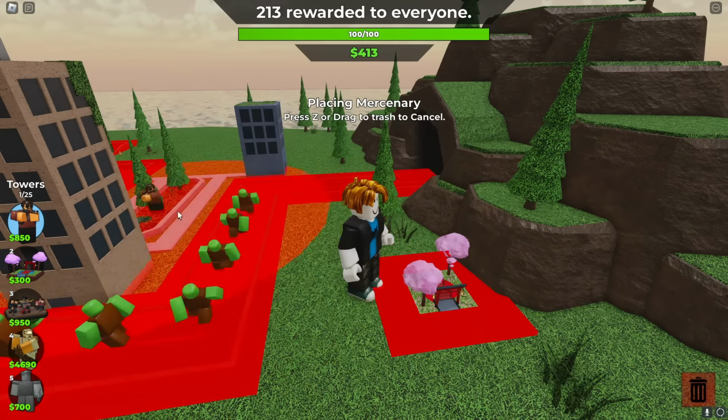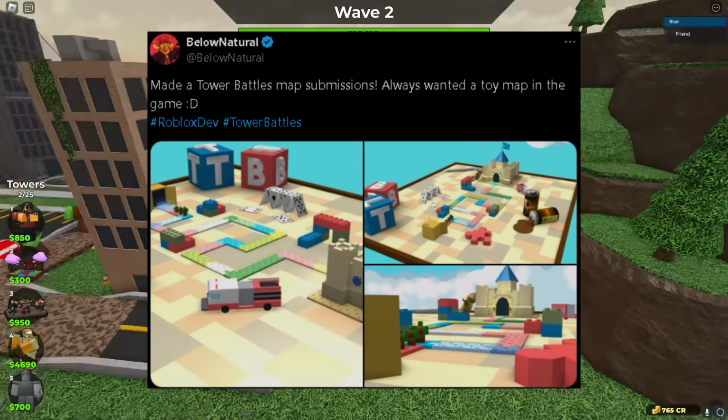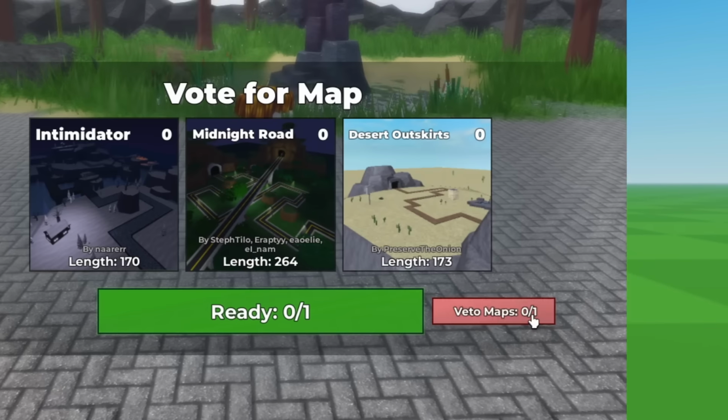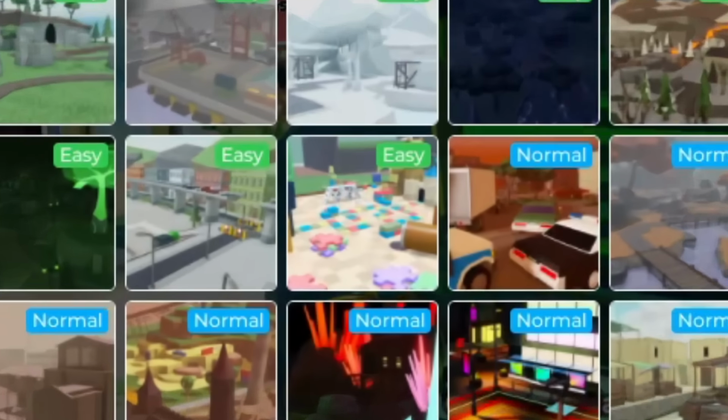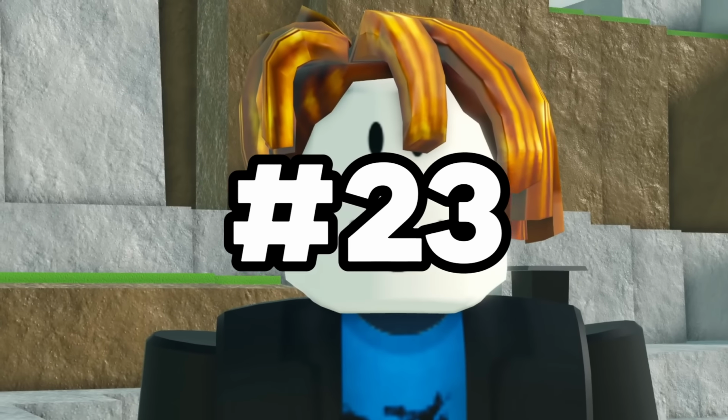On the topic of Tower Battles, the map Toyboard was originally a submission map by Below Natural for Planet Earth, the creator of Tower Battles. The map never made it to Tower Battles, but Below Natural added it to his own game TDS, which still exists today. Number 23. There's a lot of secret badges in TDS that I bet you didn't know of, like Verge